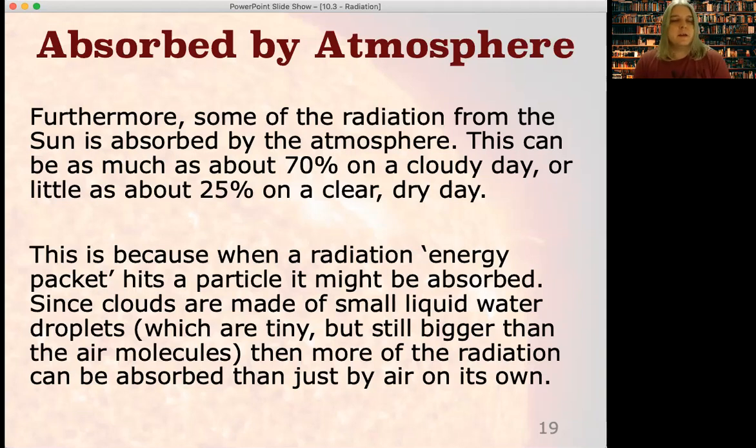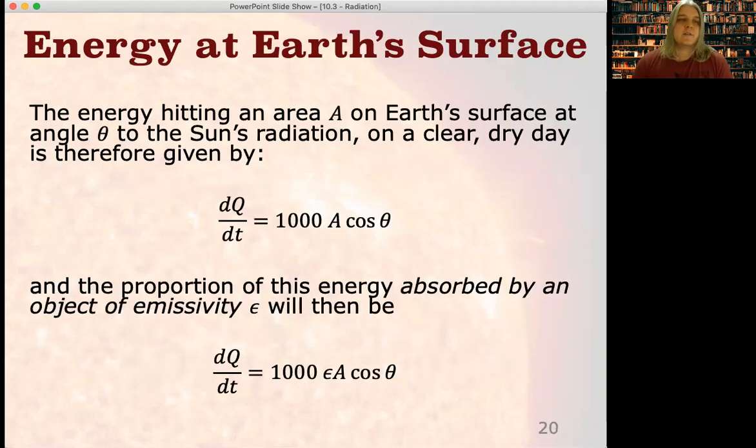energy instead. So we have to account for that tilt off the perpendicular solar constant definition, and we have to allow for some of this energy being absorbed by the atmosphere. So what we do is we bring both of those terms in, and we say that the rate of heat from the sun is going to be around about 1,000 times A, the surface area. Remember, we said 1,350 per square meter. We're saying let's lose some of that on the way from the atmosphere, so let's say it's only 1,000 now,